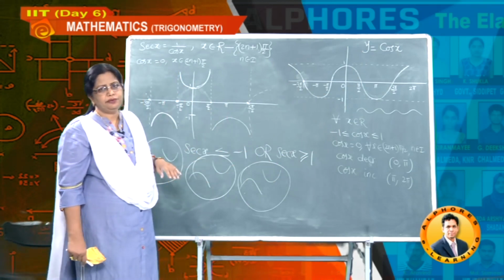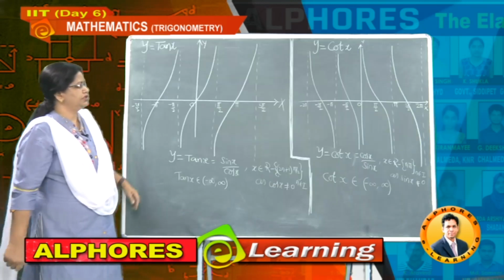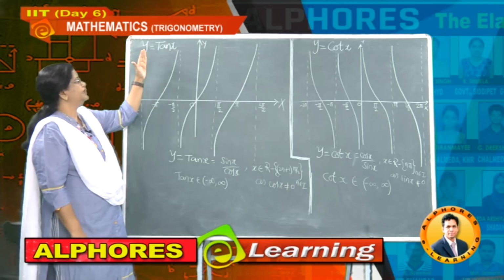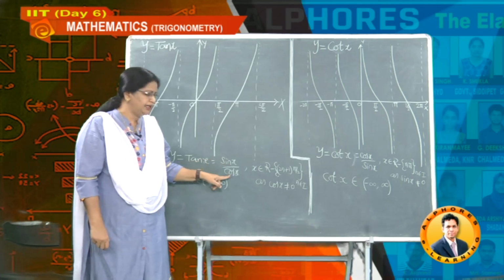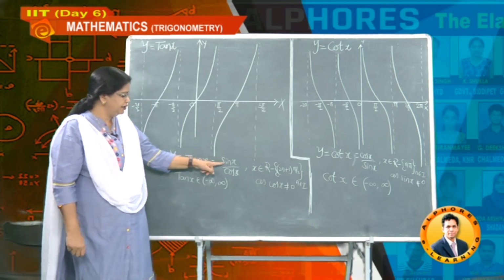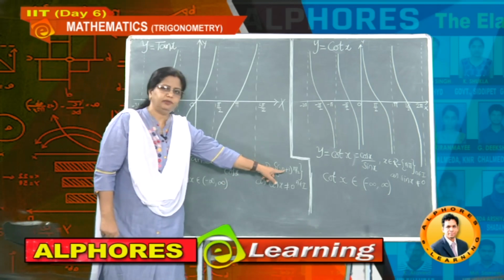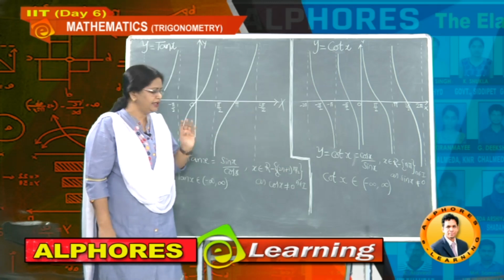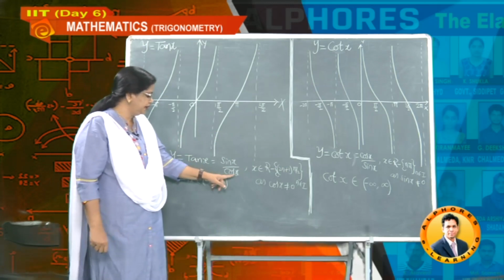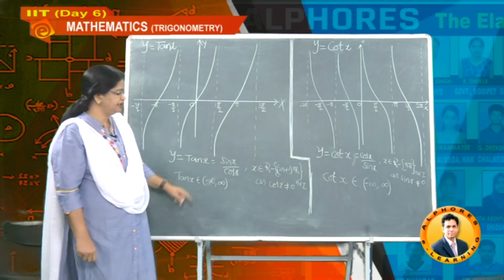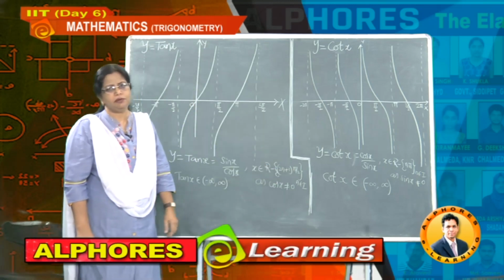Now what are the leftover two functions, tan x and cot x? Let us discuss those also. So students, observe these graphs. This is y equal to tan x. Y equal to tan x means what? Sin x divided by cos x. And you know cos x value is 0 when? For all odd multiples of pi by 2, 90, 270, etc. And therefore this function must be defined only when the denominator is not equal to 0. That's why we have taken all the real numbers except odd multiples of pi by 2.